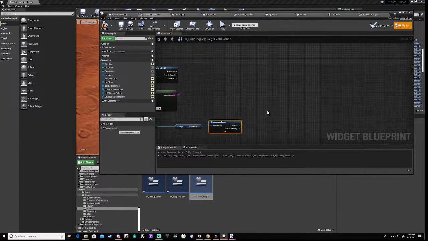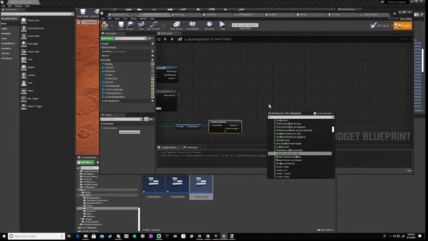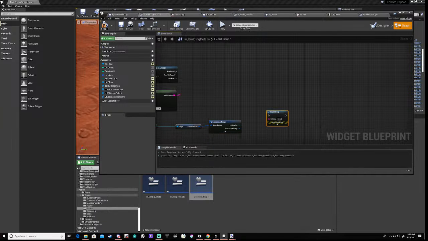Right? But we'll do a print string anyway and find it. I may have stealthily made it be able to do this without actually